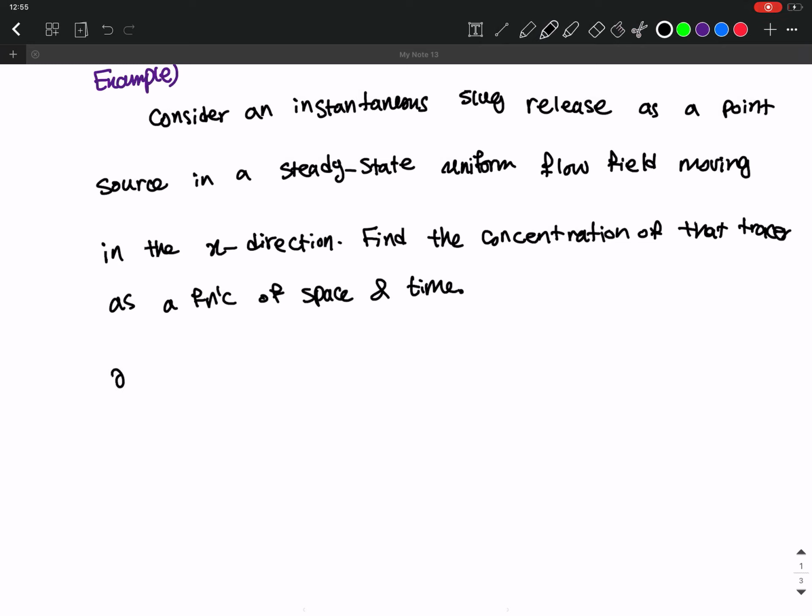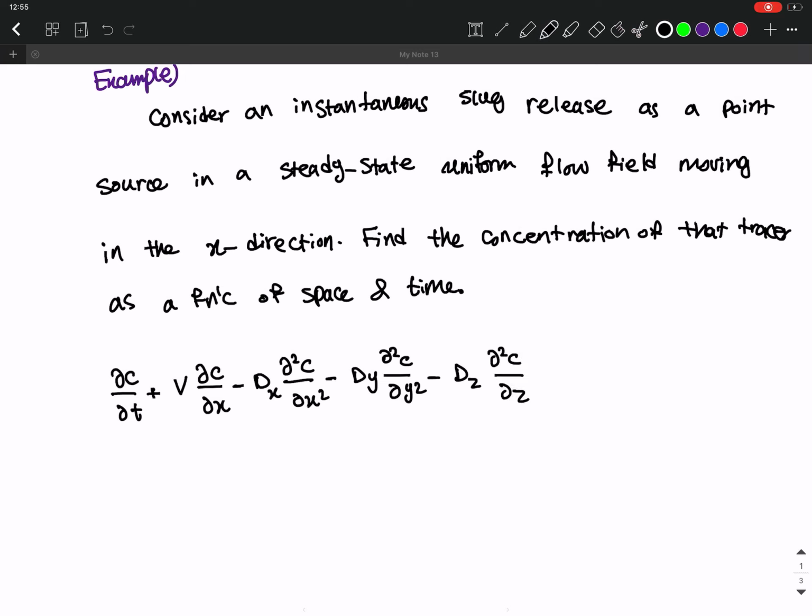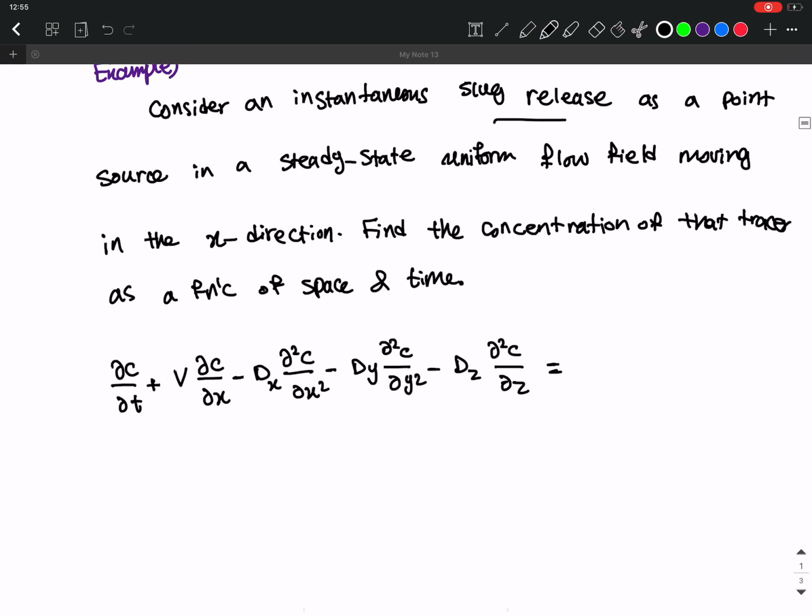So it is partial c over partial t plus the advection term in the x direction, which is going to be v partial c over partial x, and v is the speed of the fluid, minus the diffusion term in the x direction, Dx partial square c over partial x square, minus the diffusion term in the y direction, which is going to be Dy partial square c over partial y square, minus the diffusion term in the z direction, which is going to be Dz partial square c over partial z square, equals to